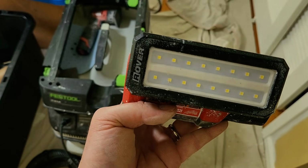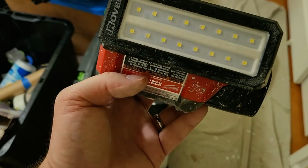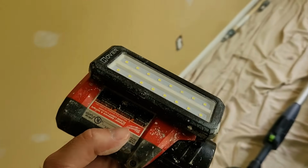When we talk about contractor lights, look at this Rover model from Milwaukee. Handheld LED contractor light, great for illuminating walls, allowing you to inspect wall surfaces and anomalies, and just to be able to really light up a room. What's incredible about this device is it is magnetic, so you can attach it to behind this corner. If you're not aware, that is what is metal corner bead in the sheetrock finishing process. So this will actually stick